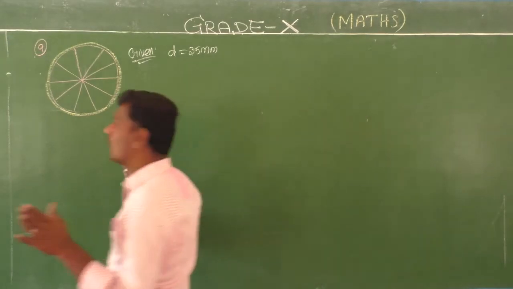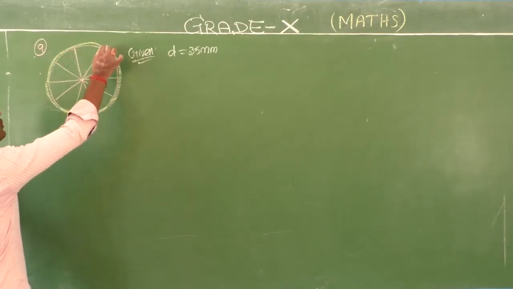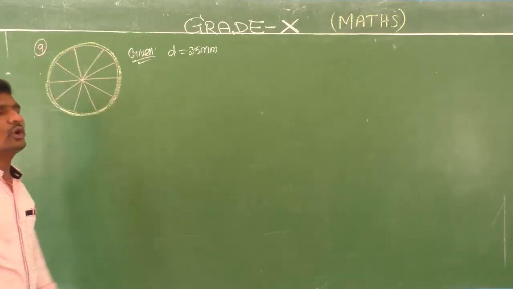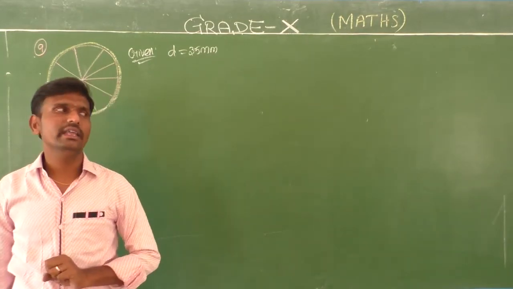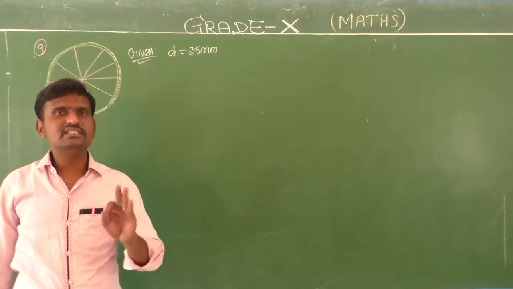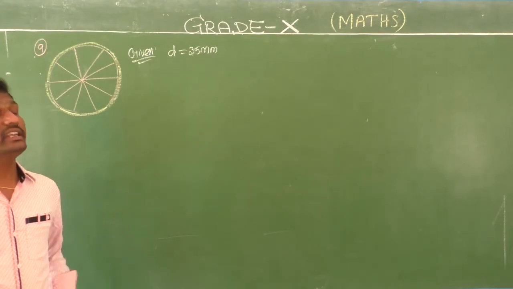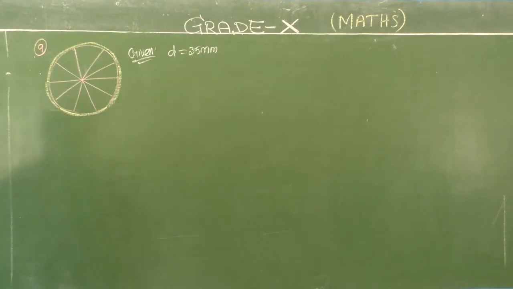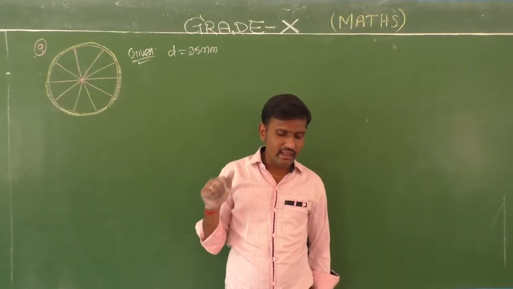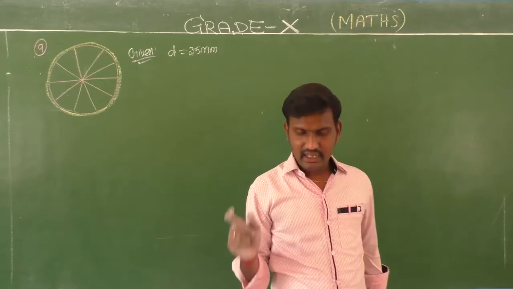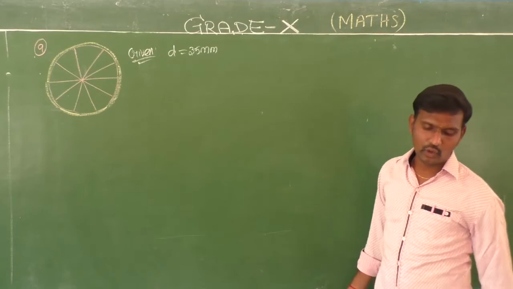Okay, so listen how to draw the circle. First draw the circle and take 1, 2, 3, 4, 5. So totally 5 diameters we are going to take, equally dividing the area by 5 diameters to get 10 equal sectors. Yes, student. So from the sector, the question asks: find the total length of the silver wire required. So we need to find the length of the total wire.